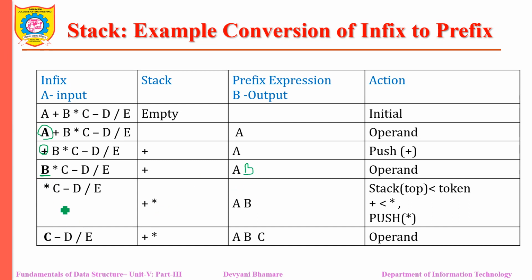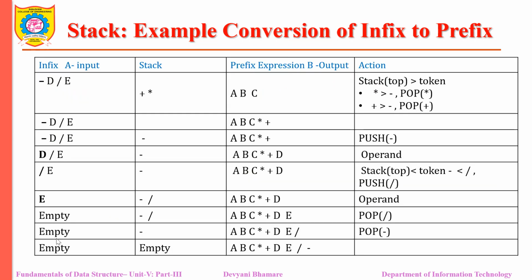Then again we are getting this multiplication, right? And our stack top is plus. Then we need to check their precedence. We get that the stack top contains the plus operator and the token contains the multiplication operator. Obviously our stack top has less precedence. Therefore, we push this multiplication operator onto the stack. Next, C is an operand, so copy it onto the output list. Then again, we are getting this